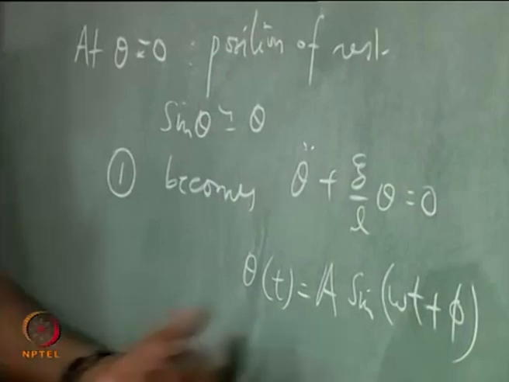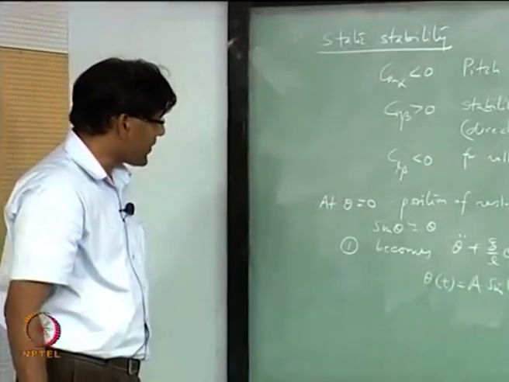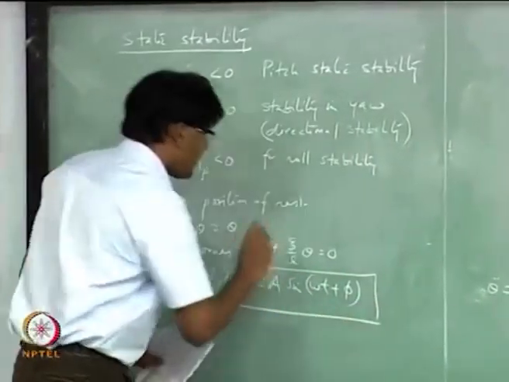Right, A is the amplitude, omega is the frequency. So, this is the solution of 1,